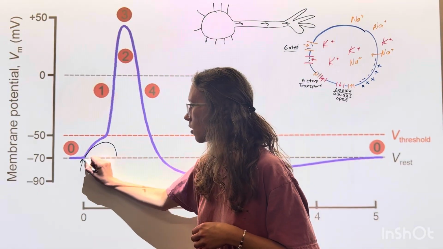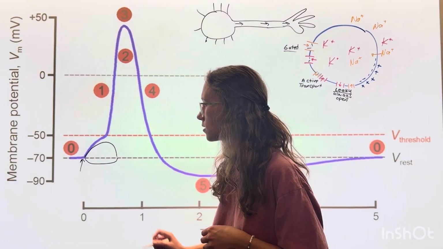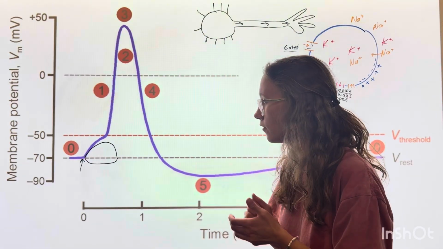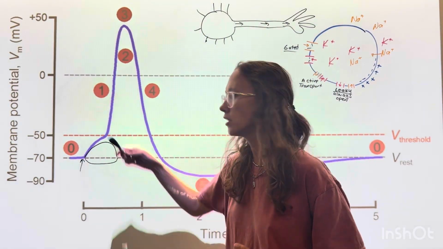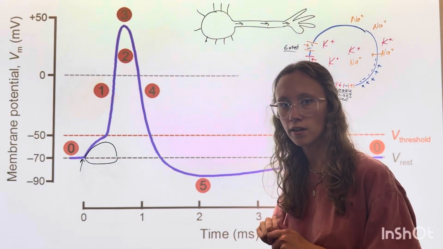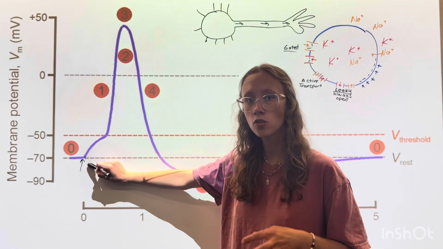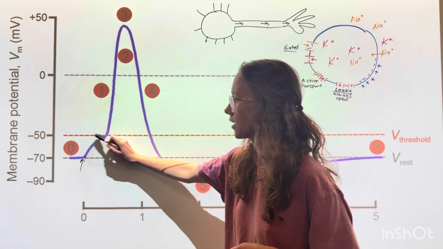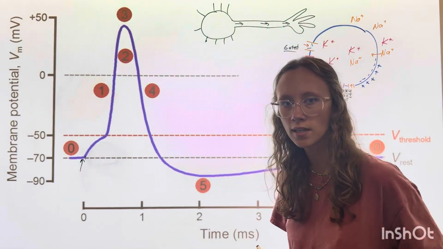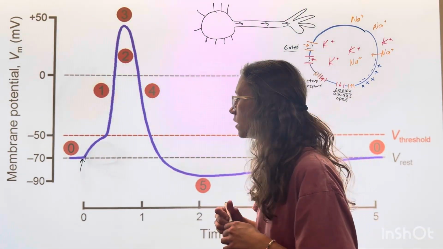Sometimes a graded potential could also just cause the cell to become more negative. That's possible as well. Obviously, no action potential will occur there either. Now, if the stimulus is strong enough to cause that graded potential to reach that negative 50 threshold (some sources say negative 55 millivolts)